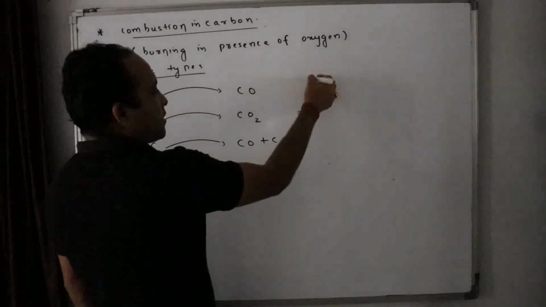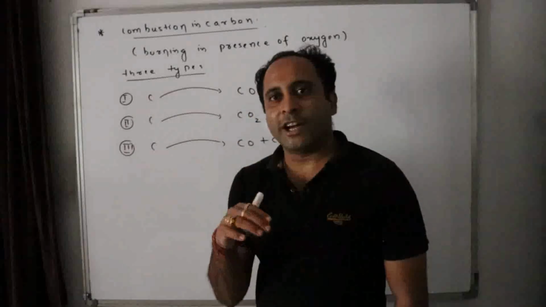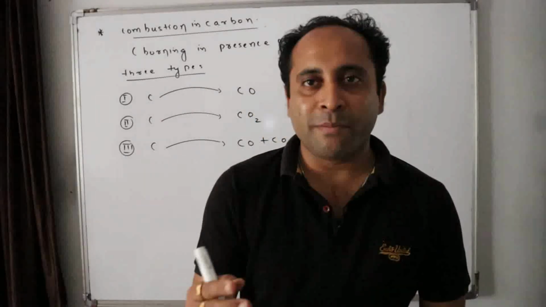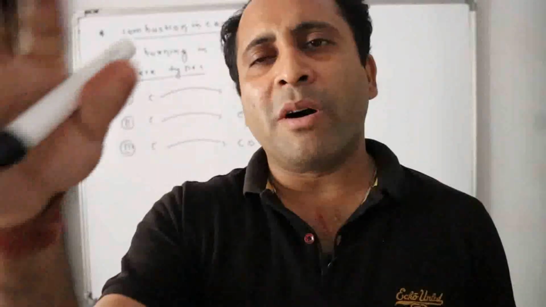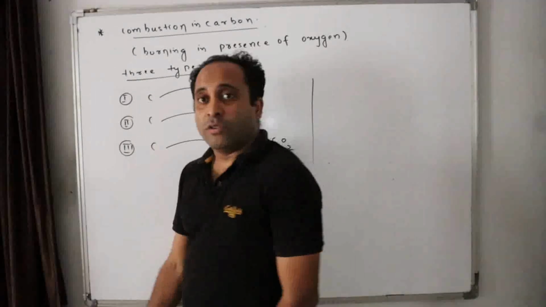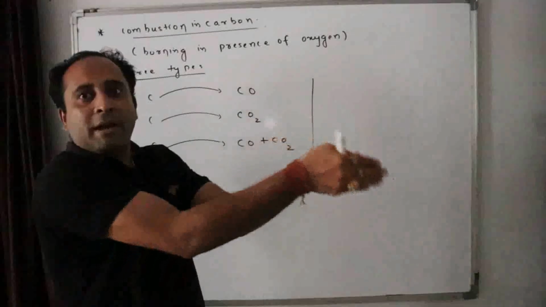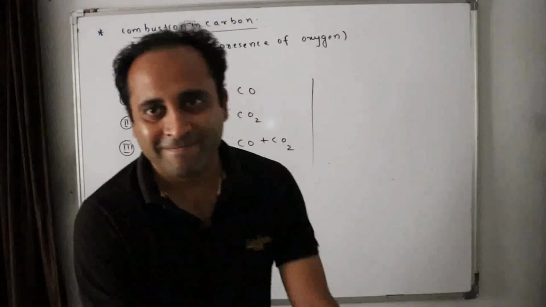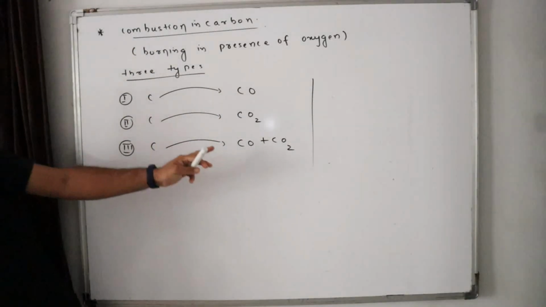Now the question comes, when does this occur? What are the three cases? Carbon converted to carbon monoxide, carbon converted to carbon dioxide, carbon converted to carbon monoxide and also carbon dioxide. Many people go on mugging, go on trying, what will happen, but after today, you people will not do that. I'll tell you tricks where to apply what and what is formed where. So the next concept is how to know what will happen in which case.